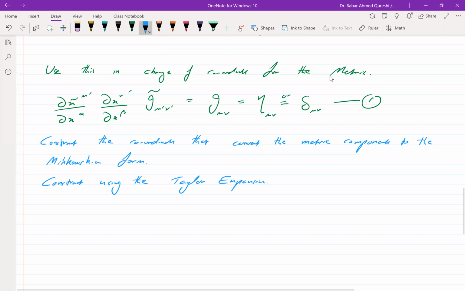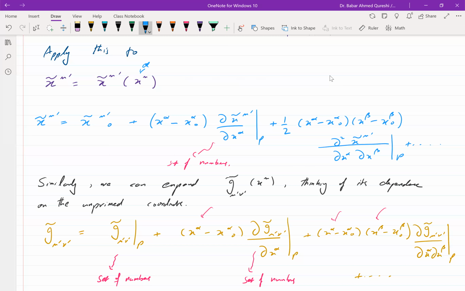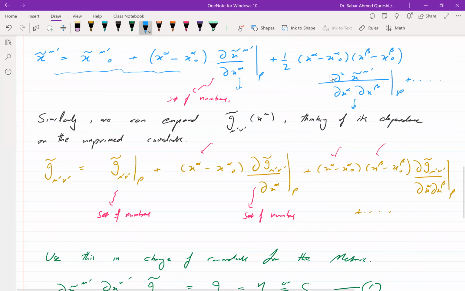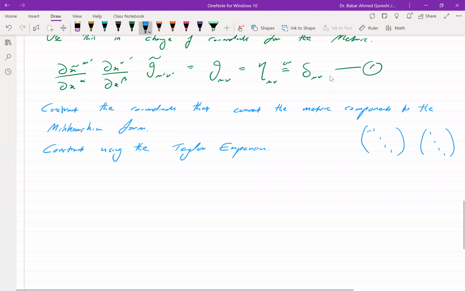In other words, I'm looking for those coordinates which I'm going to define through this Taylor expansion by giving these Taylor expansion coefficients. And I'm going to adjust these coefficients so that I do get a flat form. Well, the metric is there, so whatever the metric is, that it is. But I'm doing a coordinate transformation so that it looks like this or this, whatever your signature is. So you just put in the Taylor expansion,